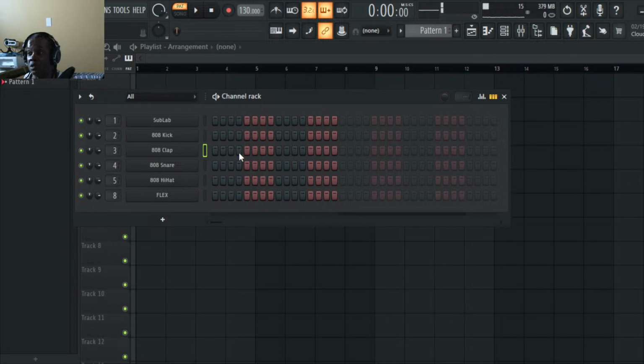Skip these black ones, right? Go to the next black ones and put one on the first one. Skip these black ones, they're kind of hard to see. Skip these and go to the next one. That's easier. Skip these first black ones, go to the next set of them, and put one on the first one. Skip these and go to the next one. All right, so when you play them,